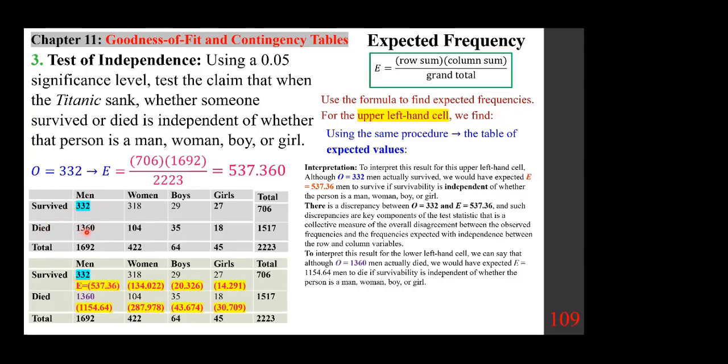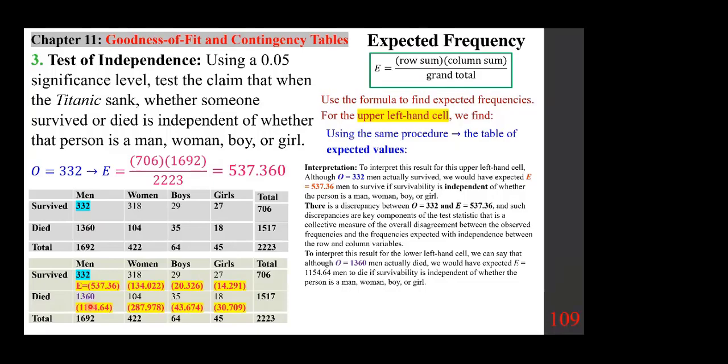Men who died, how many? 1,360. This is the observed value. This is actually what happened. However, if there was independence, we would expect this number, which is much less than this number. And because of that discrepancy and the difference, it gives rise to this calculation of a test statistic, which